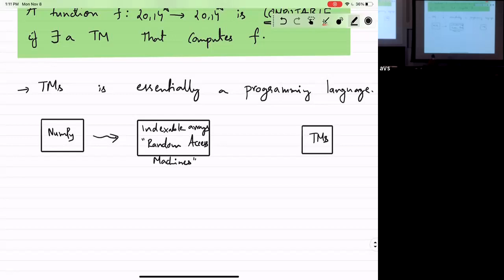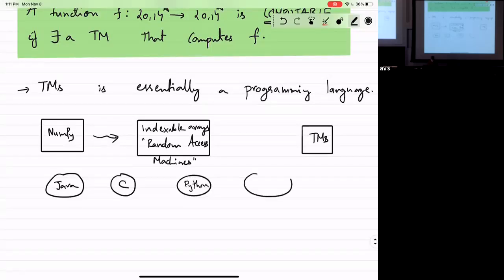And what else? Right? You can think of all the high-level languages that we have. We have Java, we have C, we have Python, you have Lisp. All of these languages have their own unique power. Like Java has classes, which are very powerful. C doesn't have them. Python has everything. Lisp has currying, right?